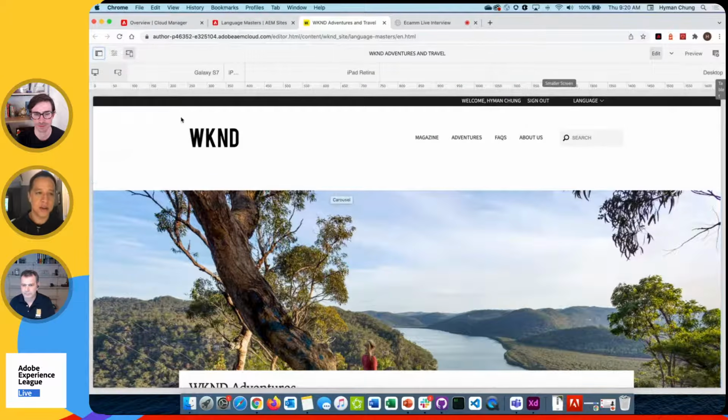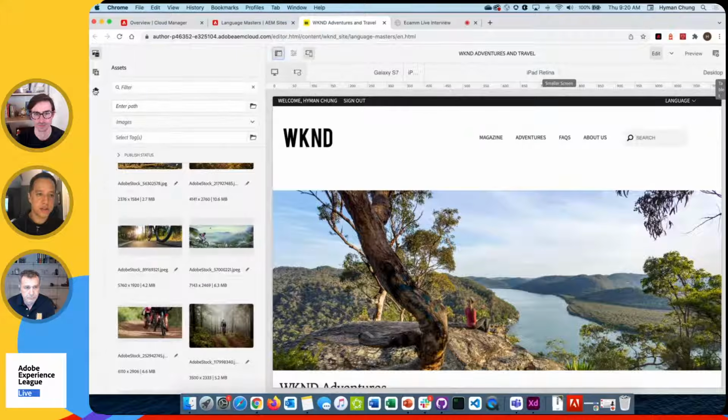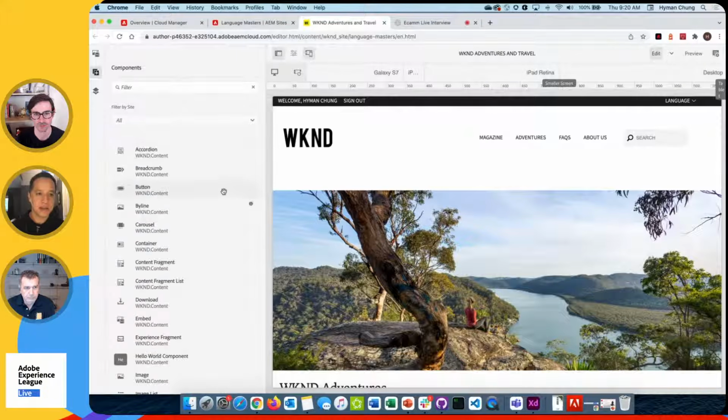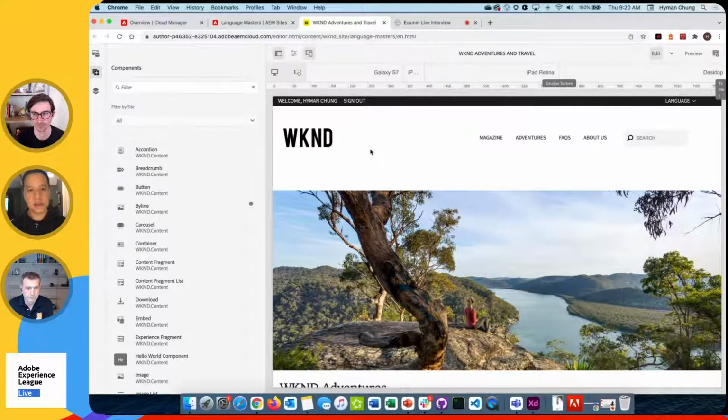So we can come in here and see all the different assets that were installed, see the list of core components that are also available. The core components also have styling options that are pre-installed as well, so that you can